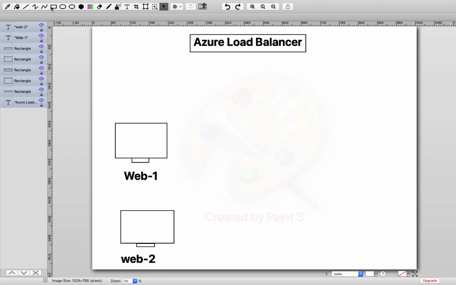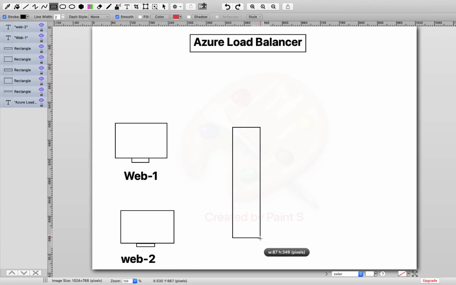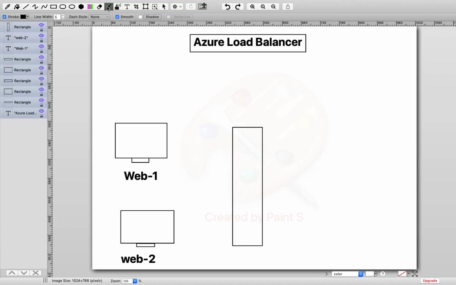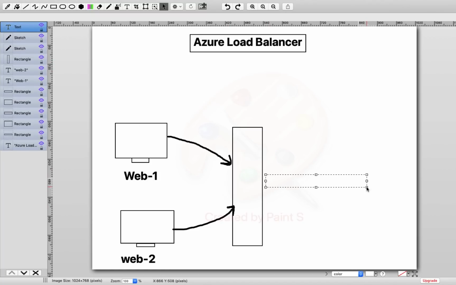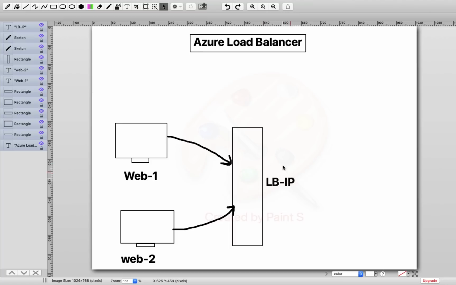So what I'm going to do is create two different web servers, then create one load balancer, and then attach both virtual machines to a single load balancer. By using the single load balancer's public IP address, we will access our website, and we'll also map our web domain name to the public IP address of our LB. So this is the actual concept. Whenever you access your LB public IP address, you will reach the virtual machines that you configured in the backend. So this is the prerequisite.